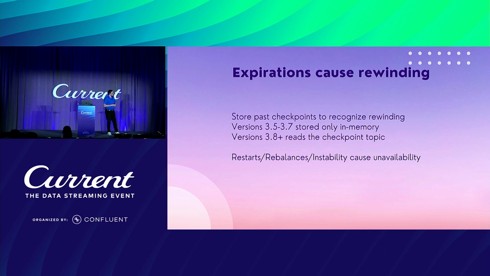and reloading that data basically into memory. And this was important for us to fix, and is a reason I would strongly discourage using version 3.5 through 3.7, because after you have a restart of the mirror checkpoint task, you would have lots of unavailability of translation. You would have it forget all of its past translations. So rather than your translation being offline for the minute or so it took for the checkpoint task to restart, you could be losing weeks of translation. So a very important fix. So don't use 3.5 through